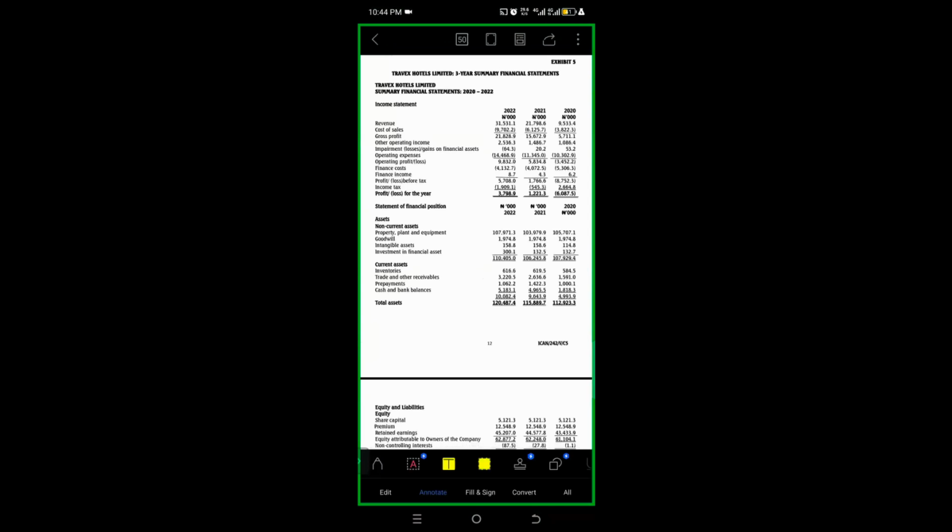Okay, so I was saying that the finance cost is very, very high if you compare it to the profits that the company is actually making. In fact, I think the finance costs are even more than the profit. So it shows that the company relies heavily on debt, right? They rely heavily on debt capital.